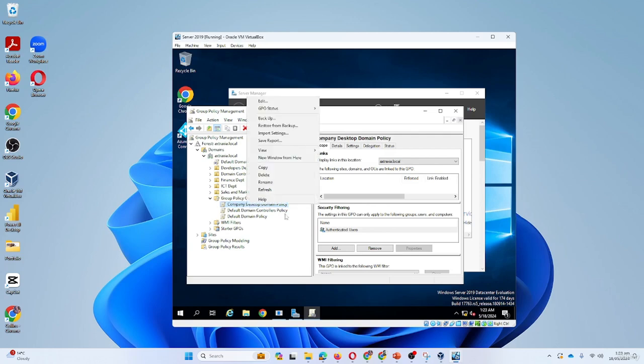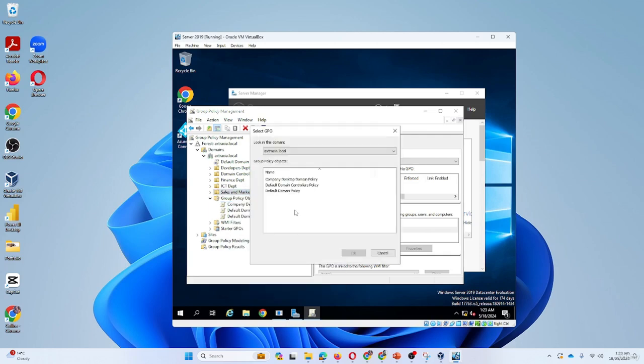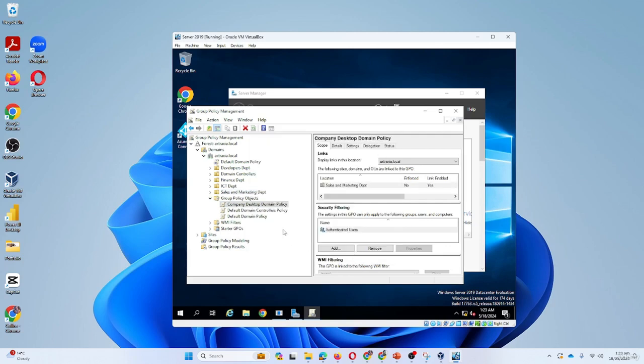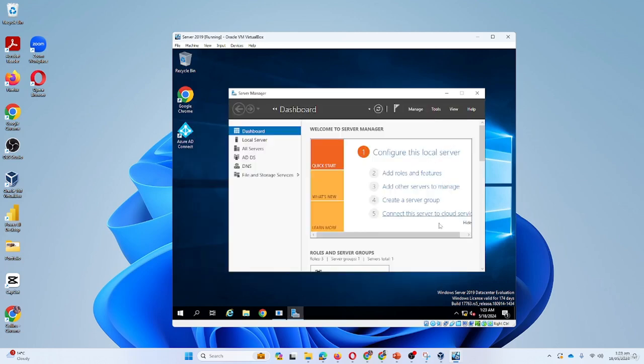So I'm just going to copy this, right click on the policy, and then we'll go to the sales and marketing department OU, and then we'll link an existing GPO, and then we'll choose company desktop domain policy and click OK. So now it's linked, and we just need to double check to make sure that it is enabled. It is enabled. So we'll close this, and then now we need to go to our Windows machine,